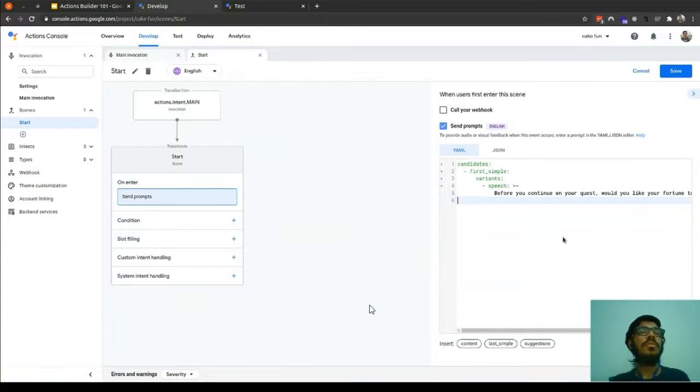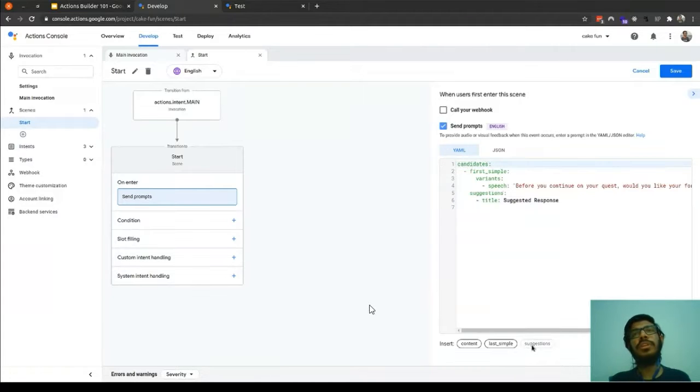The user may say yes or no. If the user doesn't know what exactly is going on in the conversation, we can add some suggestions. If you click suggestions over here, it will automatically add this piece of code to the YAML file, where we can directly say, let's say the first suggestion is yes, the next one is no.